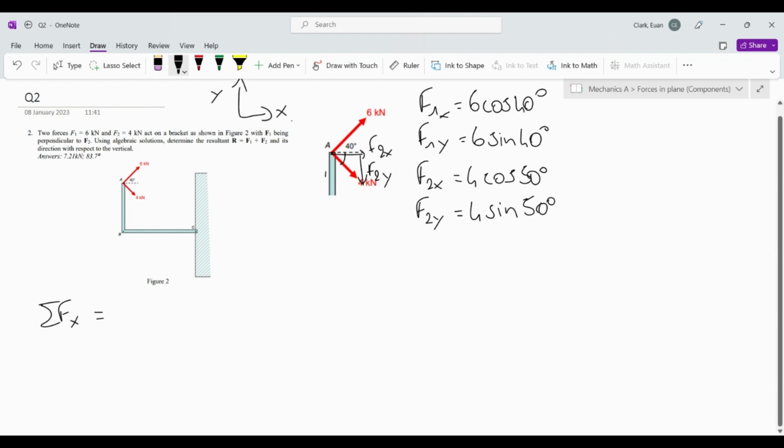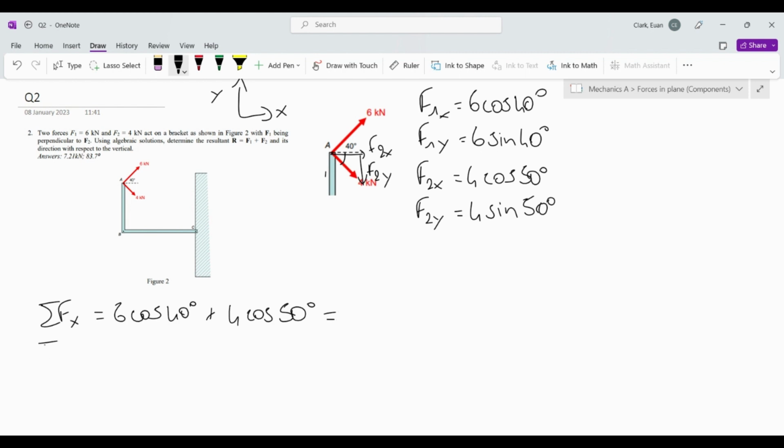You can change this as you'd like. You can make it down, you can make it up, it doesn't really matter, as the result will be the same. So Fx is simply going to be 6 cosine 40 degrees plus 4 cosine 50 degrees,